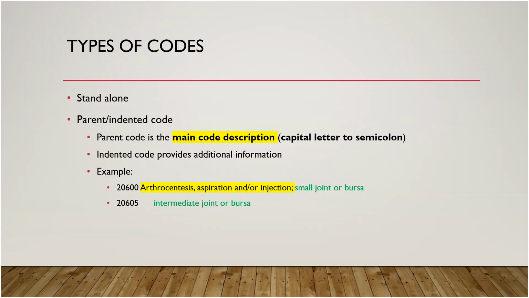Your parent code holds the main code description, and it begins with a capital letter to the semicolon, and that's the main code description that will follow down to the indented codes. The indented code provides the additional information. What's different between the parent code and the indented code? The example here is 20,600, arthrocentesis, aspiration, and or injection, is the main code description. And this particular code deals with the small bursa or joint,